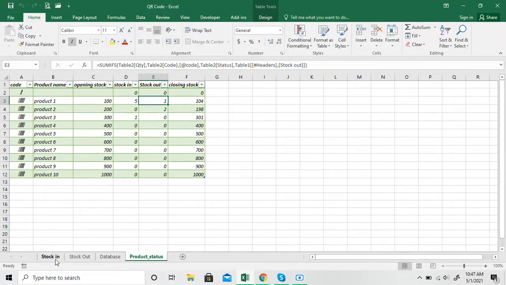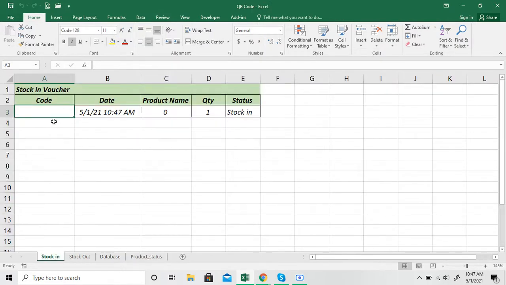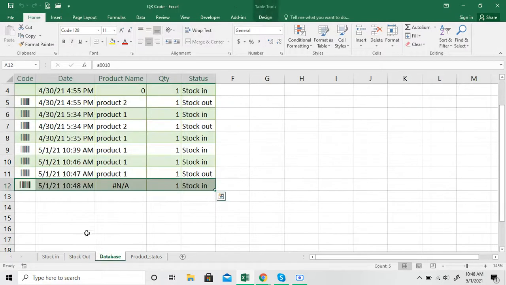So you can do it several times whenever you select or enter or scan the serial number. You just scan, then the rest of the work will be done automatically by the process that I have designed inside. I have entered the